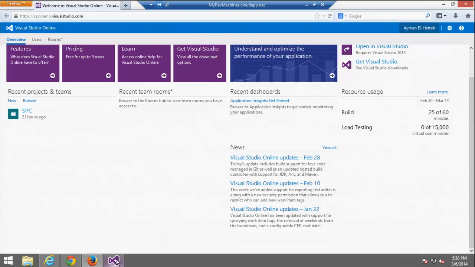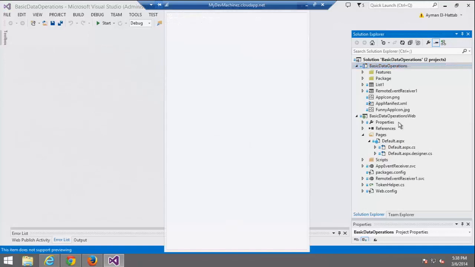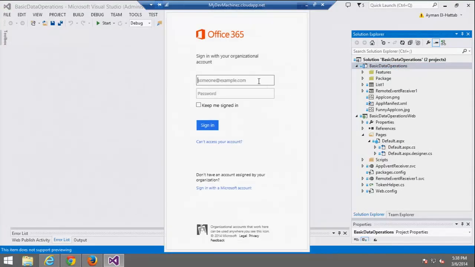Okay. Here is the app. My provider-hosted app that I'll be using basically has a SharePoint component and a provider-hosted component. Let me quickly enter the... It wouldn't be a demo if Office 365 didn't ask us for passwords. I was just telling Eric that I forget the passwords during the demos, so hopefully it will work.